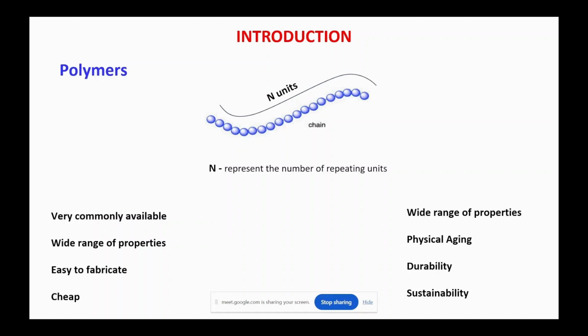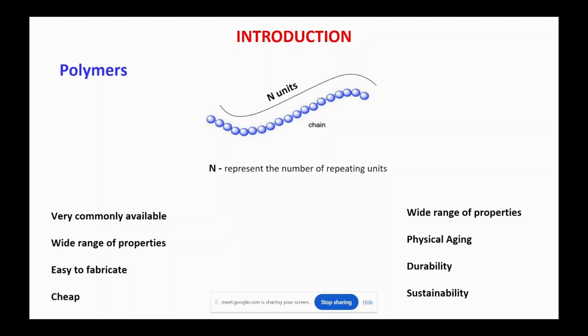So the question that comes to our mind is, as I said, polymers are very common. We use them every day. So why is that so? As an engineer, in the classes of material, we have metal, ceramics, and plastic. These are the three main classifications. Among these three, why is polymer more attractive, or why is polymer used more commonly compared to the other two?